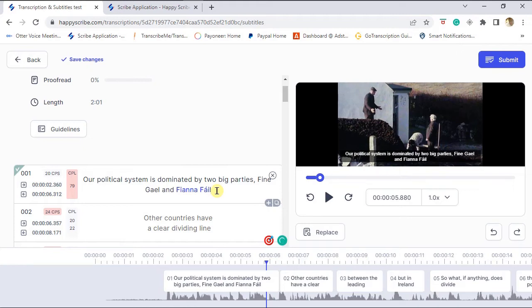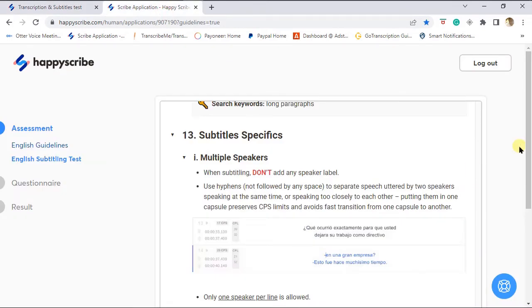You can see we have proofreading here, and after you proofread, you are going to take into consideration something we can see here: CPS and CPL. CPL means characters per line, while CPS means characters per second. So according to the guidelines here,